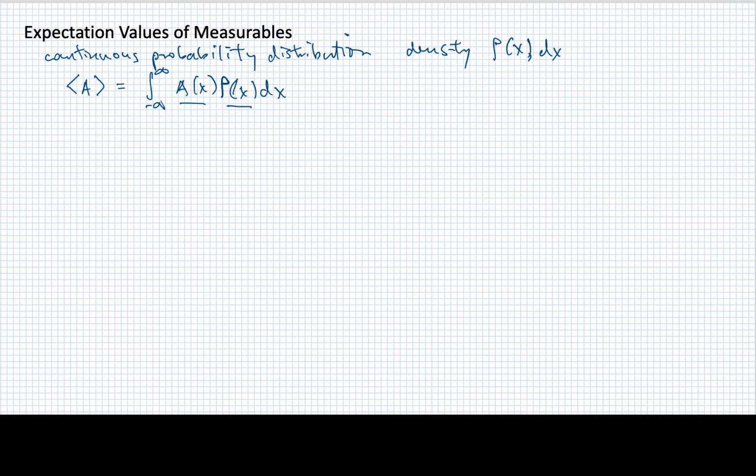Now, how would we apply this in the case of a wave function? Well, we've seen that our wave function enables us to measure certain things through the use of operators. So for example, the Schrödinger equation allows us to measure the energy of a system, because if we have an eigenfunction of the Hamiltonian, we would get the energy value out as a direct result of making this operation. So let's expand this a little bit,